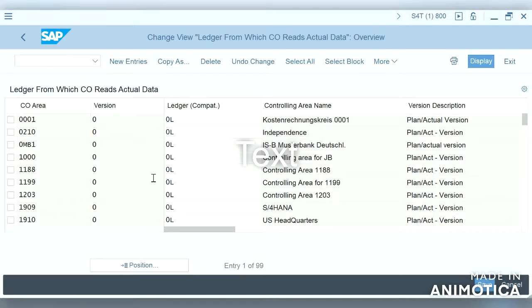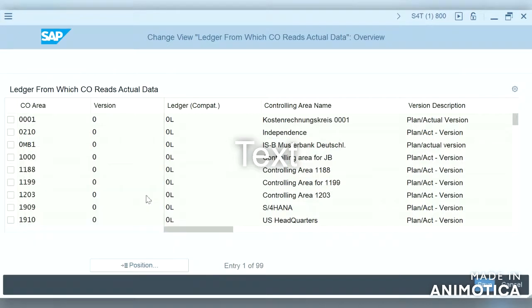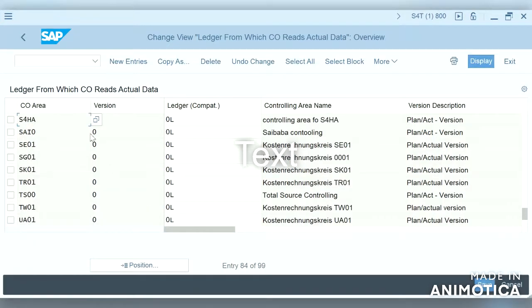I have just clicked on new entries and given the controlling area, version and ledger. Actually this is an important configuration step in controlling, without which we can't post the transactions and it gives an error message.